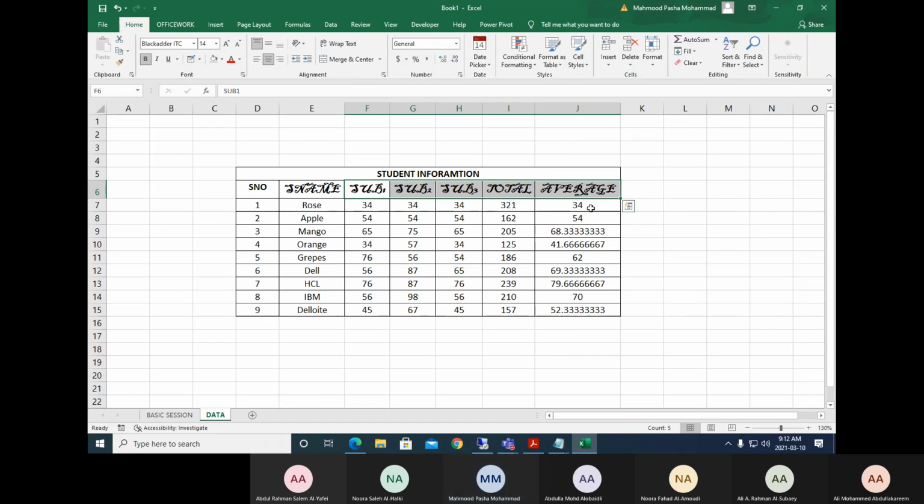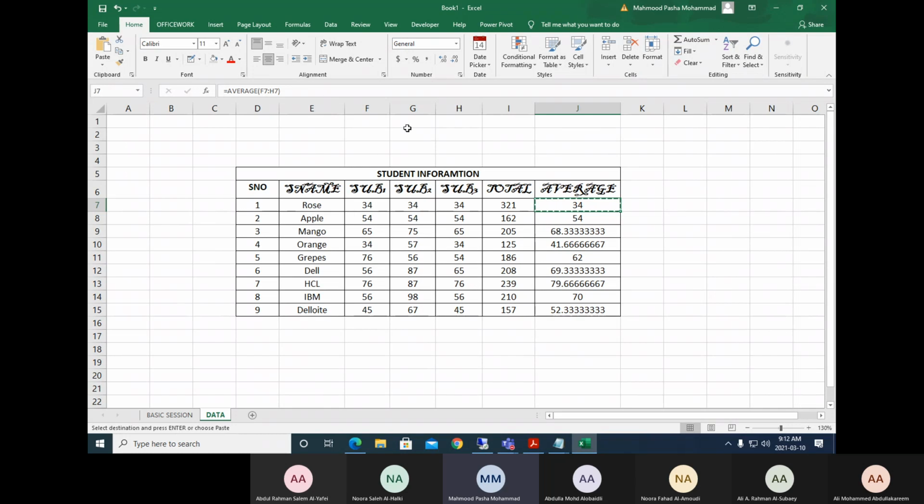Suppose here again I copy, you can go to the paste. You see here there are different types of approaches. You can see formulas, formulas and number formatting, keep source formatting, no borders, keep source width, transpose. So by using this functionality we can do any type of operations over here. You can copy not only this, we can copy the formulas also.